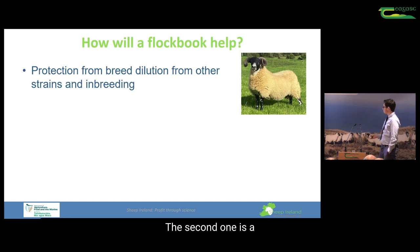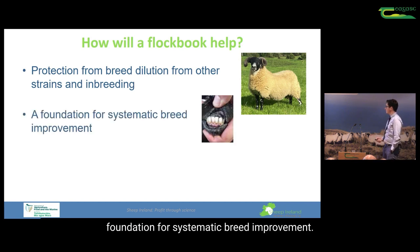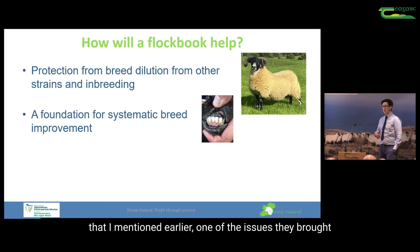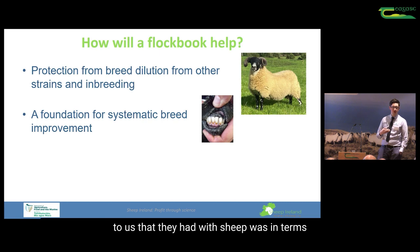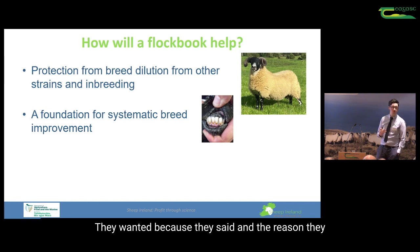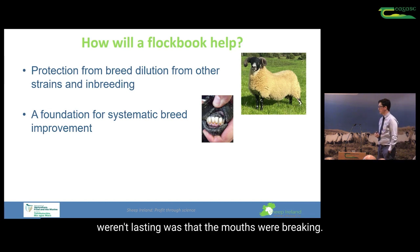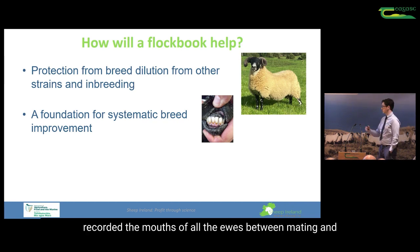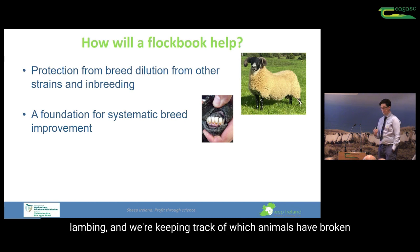The second one is a foundation for systematic breed improvement. So for example, with the Mayo Connemaras and the Cheviots that I mentioned earlier, one of the issues they brought to us that they had with sheep was in terms of the mouths. They wanted these sheep to last longer, and the reason they weren't lasting was that the mouths were breaking. So what we've done for the last couple of years now is we've gone round to all those ewe flocks, recorded the mouths of all the ewes, between mating and lambing,